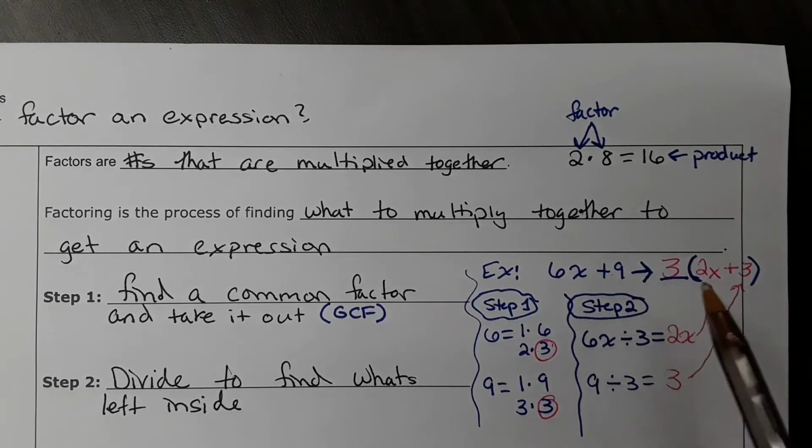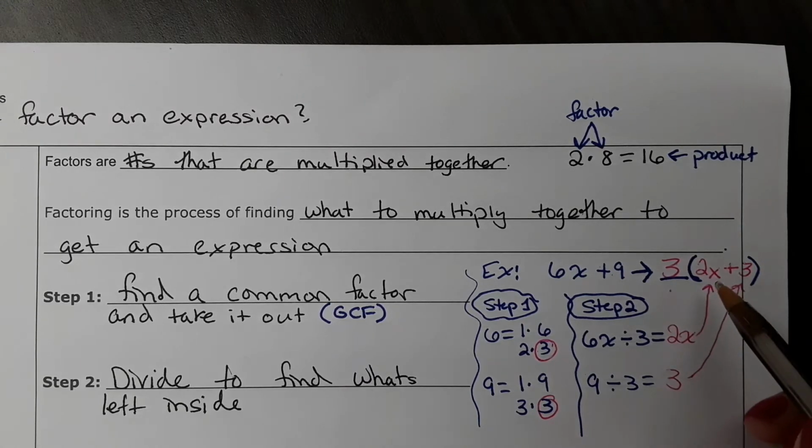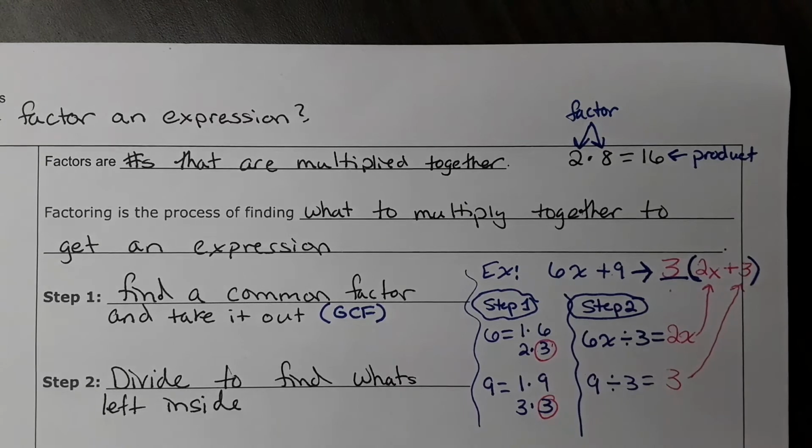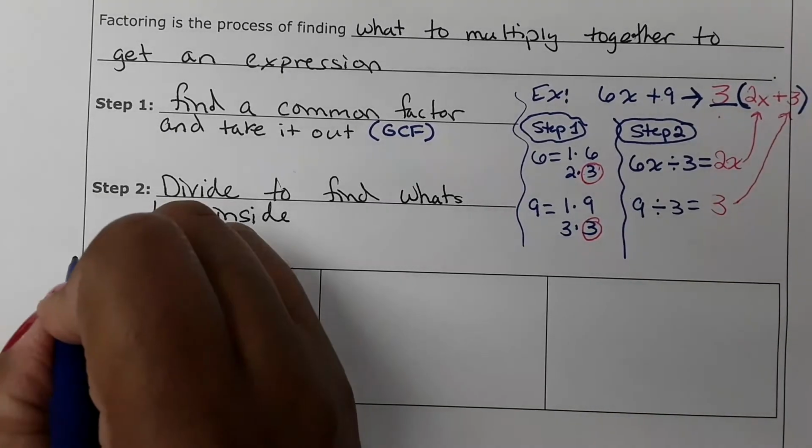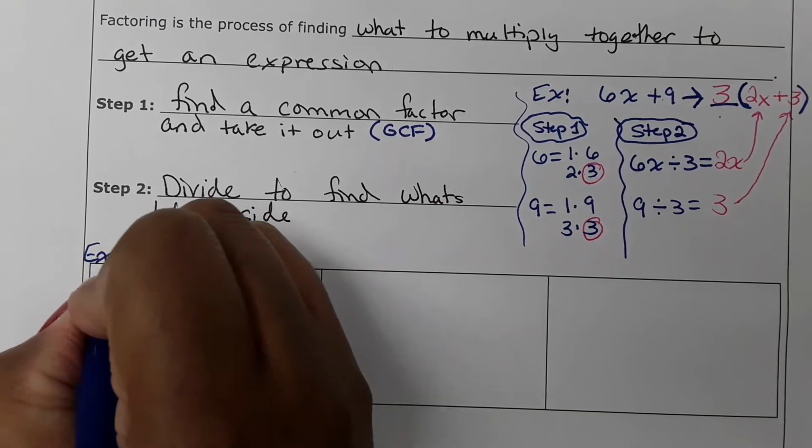So now I have the factors. It would be 3, and the second factor would be 2x plus 3. All of that together. So that is factoring. So we're going to practice. We have 3 problems to practice with. First example, or my next example, is going to be